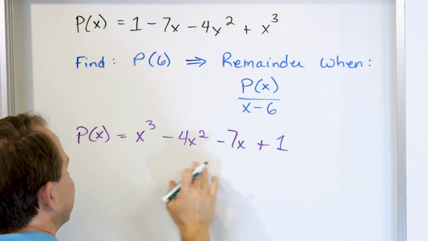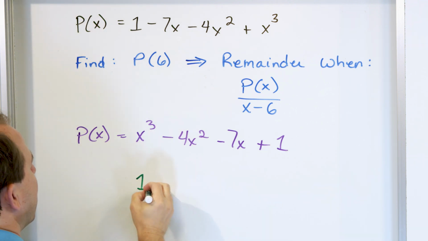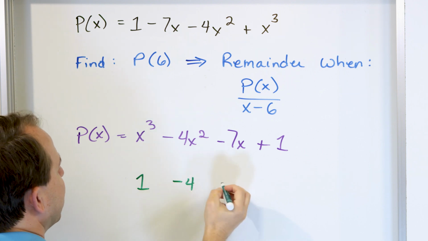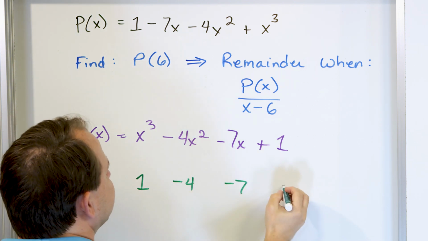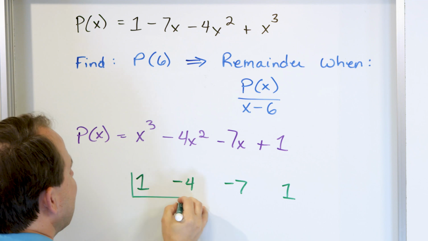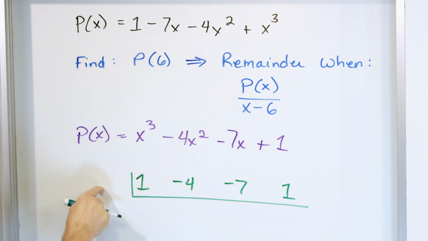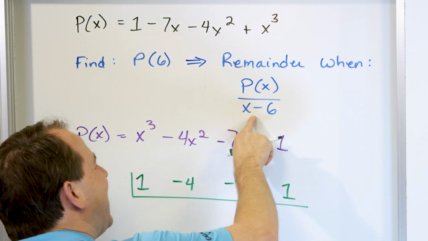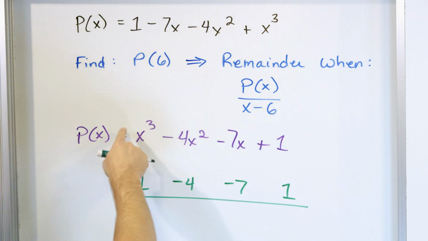So to do the synthetic division, we take the coefficients. The 1 for the x cubed, the negative 4 for the x squared, the negative 7 for the x term, and then the 1. We draw our house underneath, and then we have to write some number out here. Now we're dividing by x minus 6. In order to do synthetic division, we